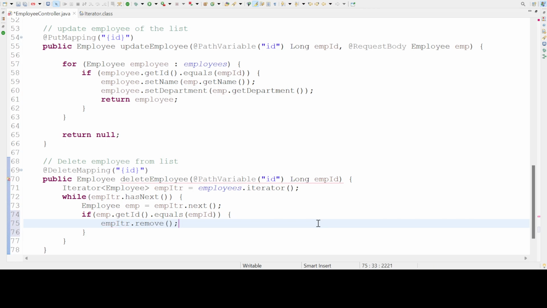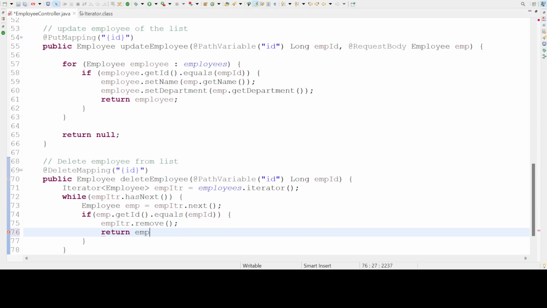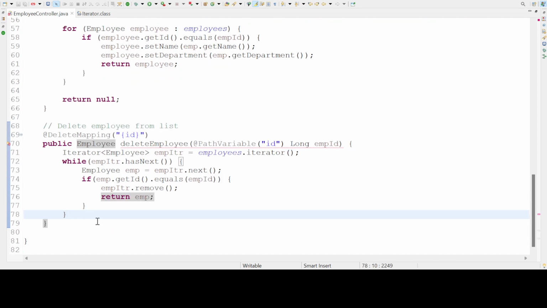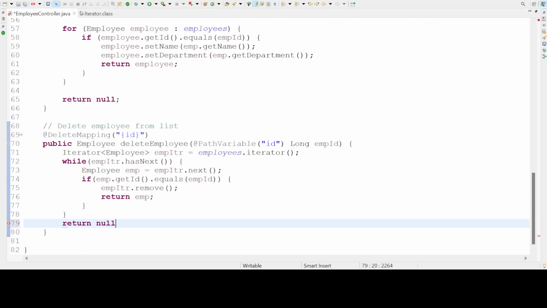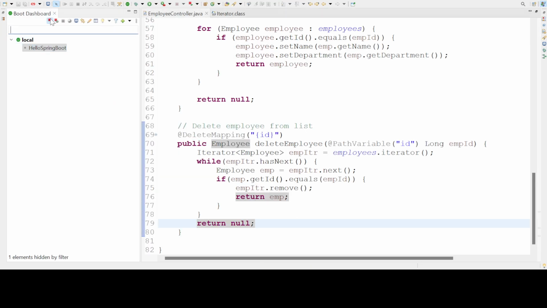Dot remove. This remove is safe. This won't result in any exception. And we will return this emp. And if we don't find it, we will simply return null. Now let us restart the application